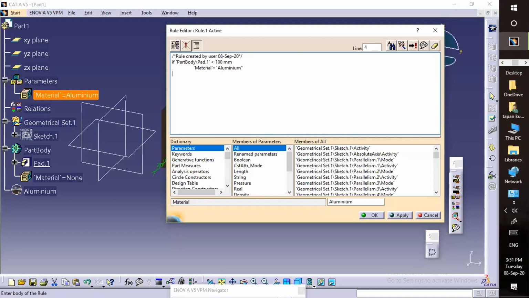Else, whatever the metal I want to add now, I'll select this one again. I am looking for gold now, so I'll select gold. Then it's fine. Click OK.